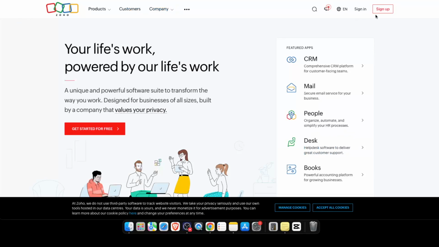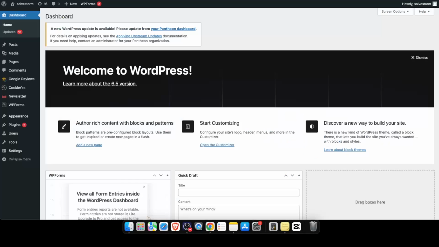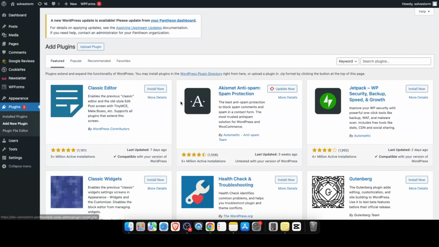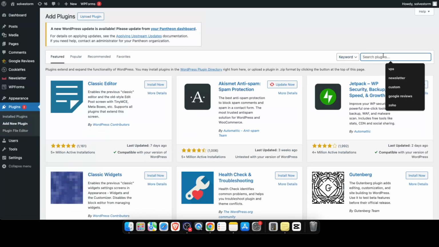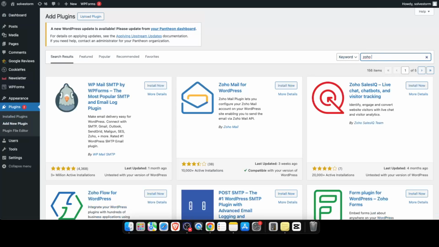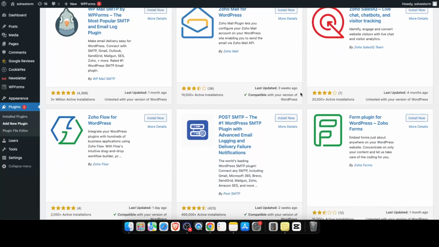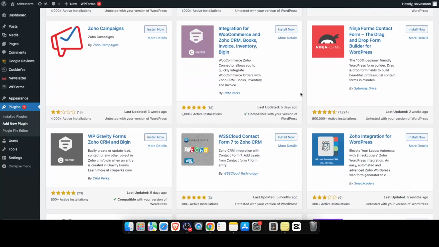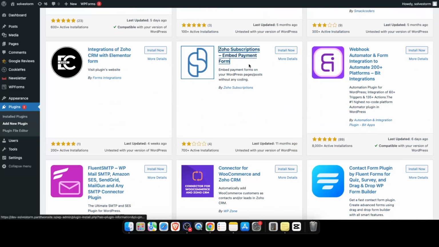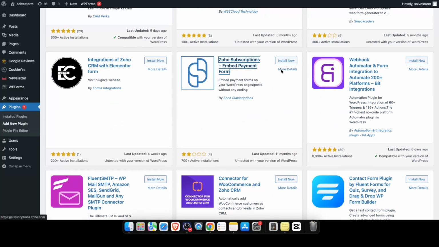You of course can sign up to Zoho, but first go ahead to your WordPress and click on plugins and add a new plugin. Now what you want to search for is Zoho. As you can see, they have a lot of products, but what you need is scroll down until you see Zoho subscriptions, and you want to click install now